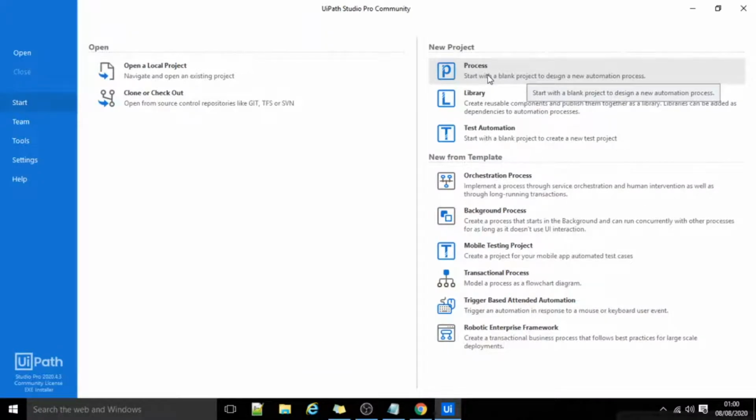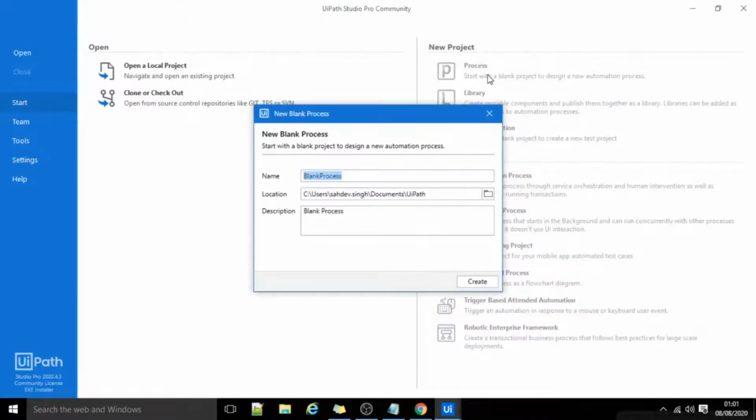For demo purposes, I'll create a blank project. I'll name it Arguments Demo. I'll add a description to it.